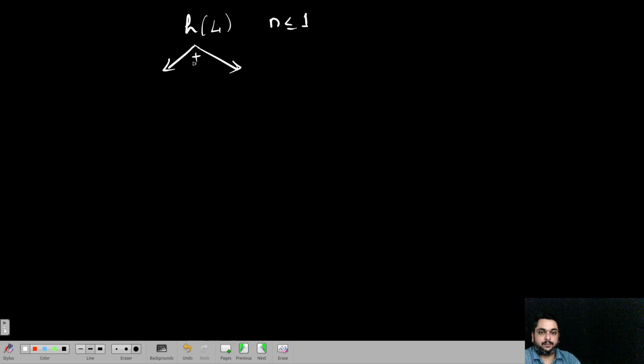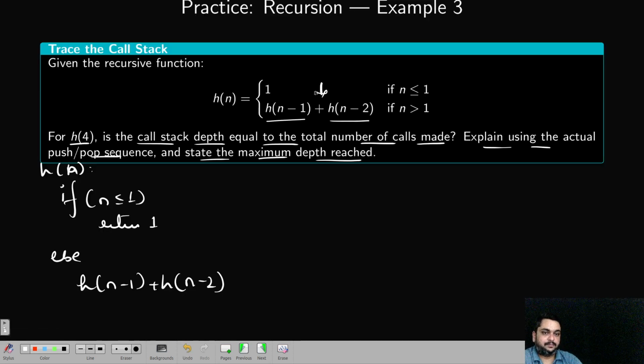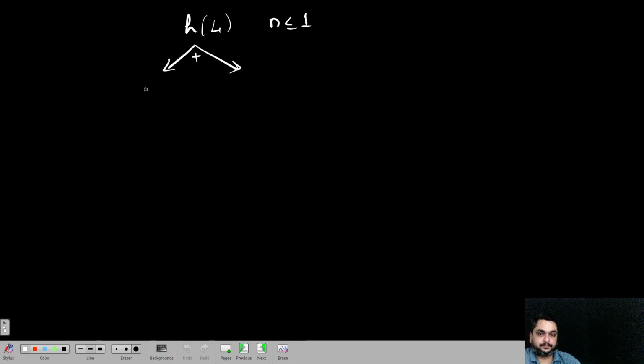So this is the addition operation in between. They are doing addition for 2 separate recursive calls. So this is calling h of n minus 1, so 4 minus 1 is 3. This is calling h of n minus 2, so it becomes 2. Then this will call